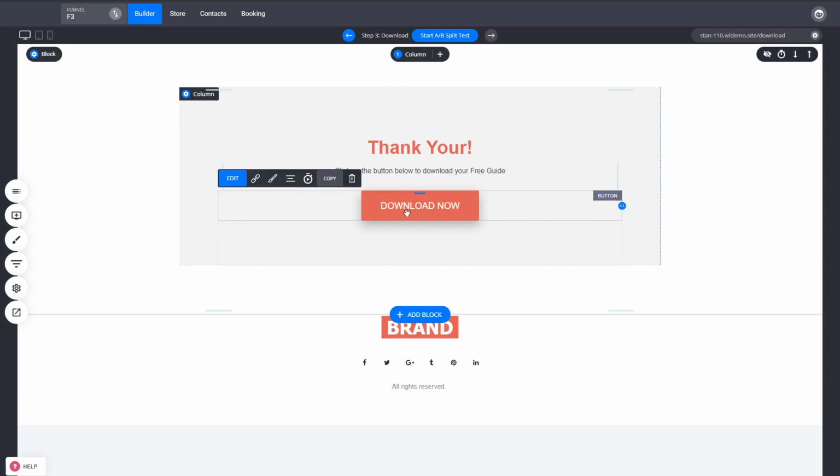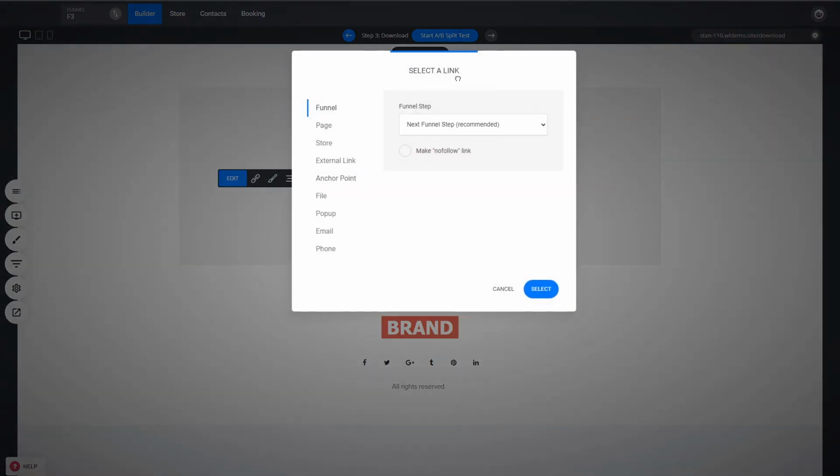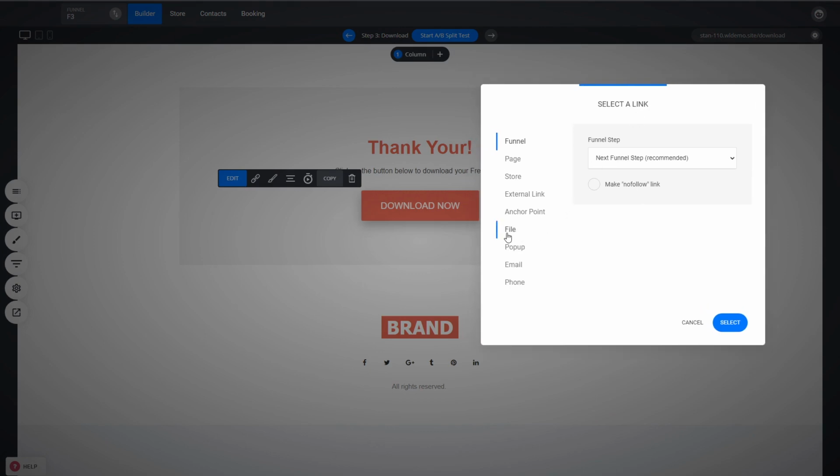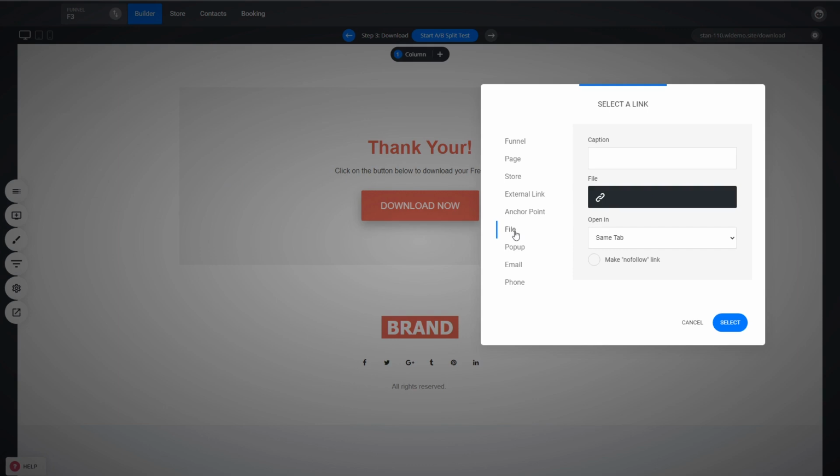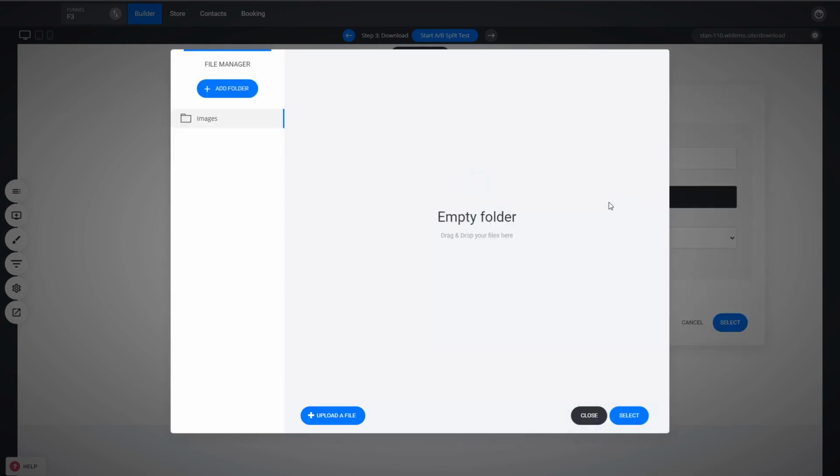So how do you do that? Basically, every button and every link for that matter, you can of course edit what the link is. In this case, you have the file as an option, so when somebody clicks on the button, a file will be opened or downloaded. From here you can select what file you want